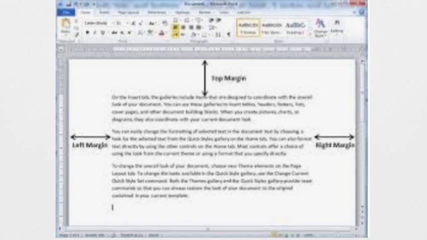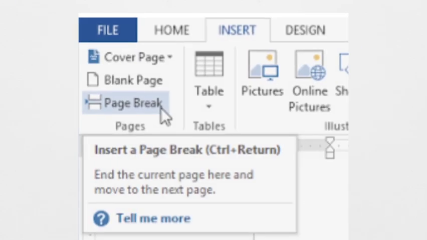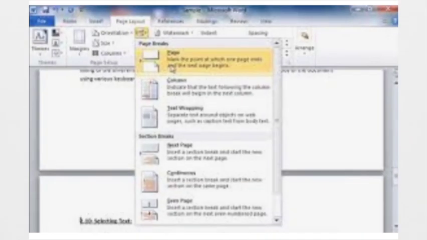Simply you need to go to the insert tab. There is an insert tab, like I told you previously, page layout tab. For inserting a page break, you need to go to the insert tab. There is a page break option. Click on the page break option. You will see your page is broken and your cursor is now on the next page. The next page will automatically be inserted in your document when you click on the page break option. You can also break the page using a shortcut key, that is Ctrl plus Enter. You can press Ctrl Enter to insert a page.